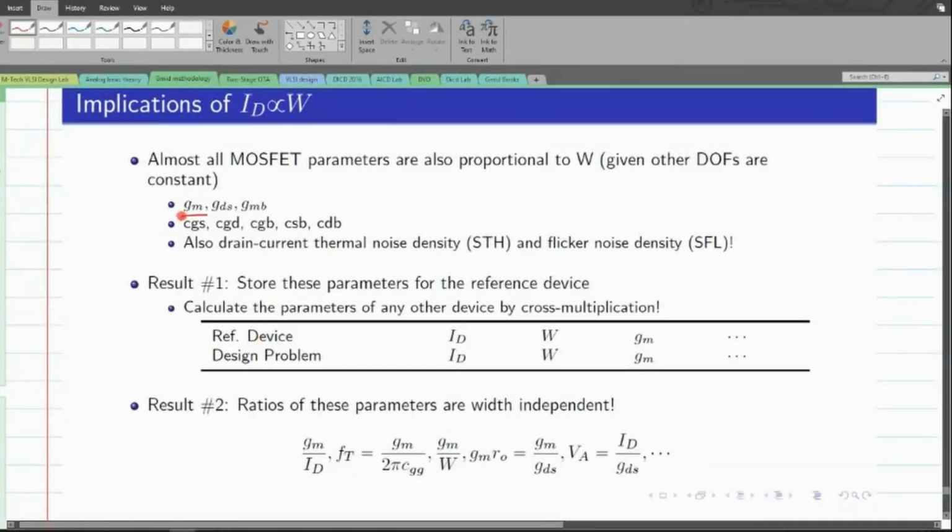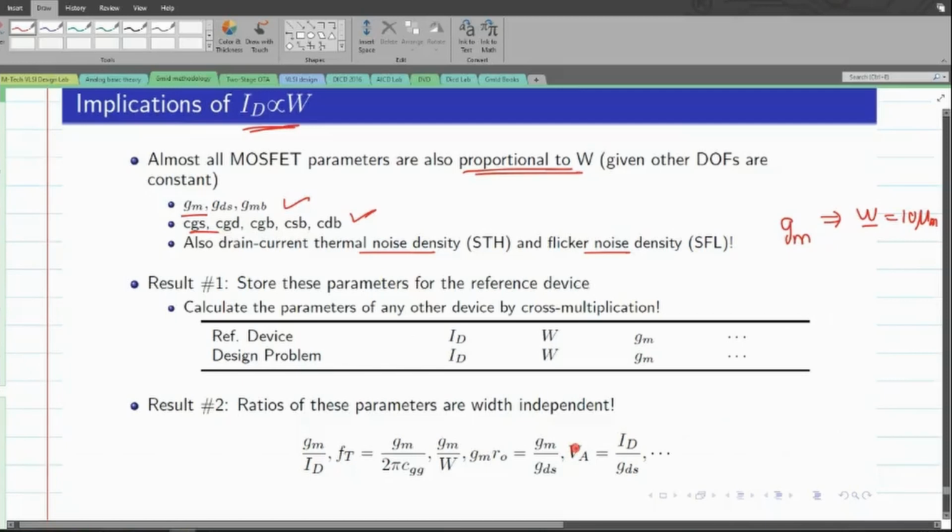The small signal parameters like gm, it could be CGS or CDS, and even the thermal noises and flicker noises that I have, all of these parameters are generally proportional to the width. So this is one important property that we have. And because of this proportionality to the width, whatever we did for the current, we can make use of the same principle. I can generate gm or CGS or whatever it is, I can generate each of these graphs with a reference width, and that reference width could be 10 micrometer.